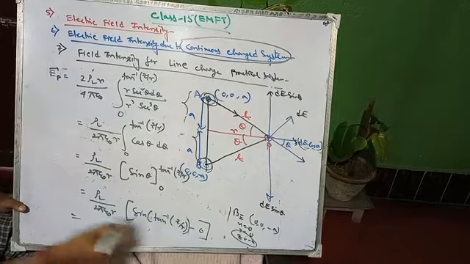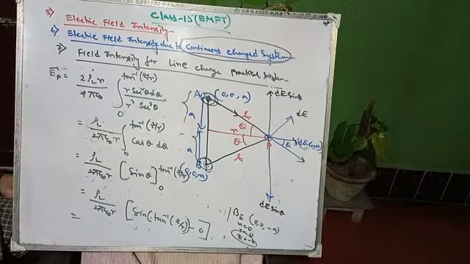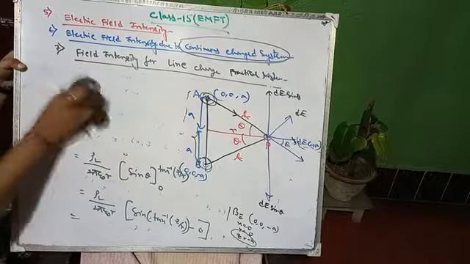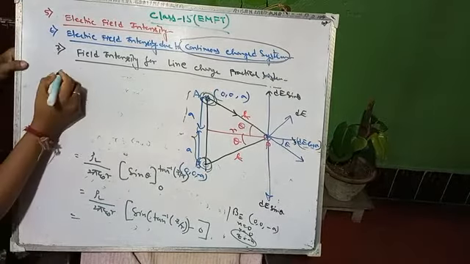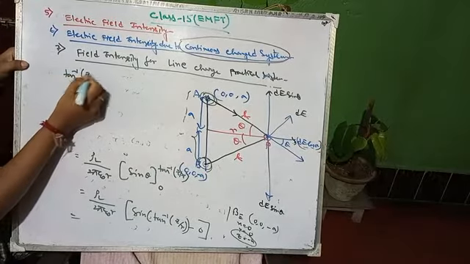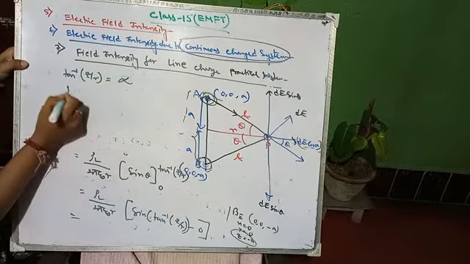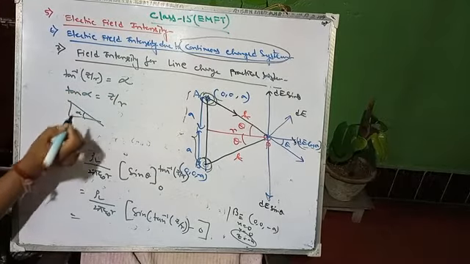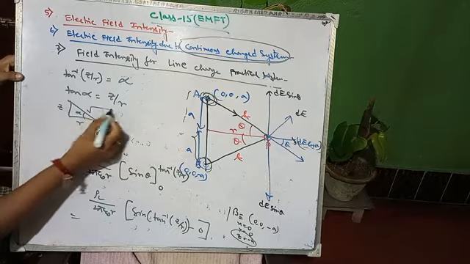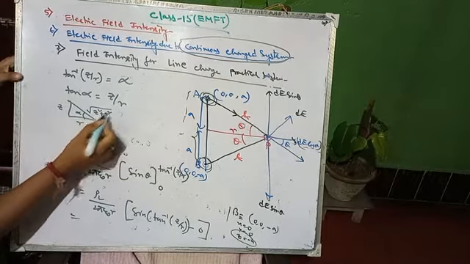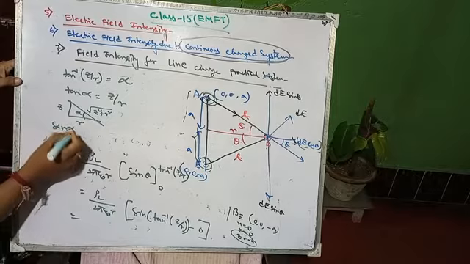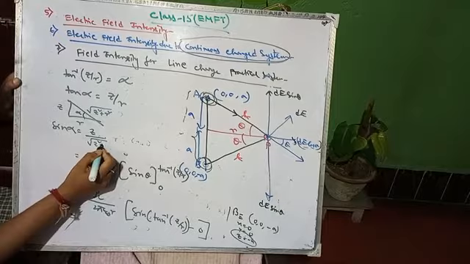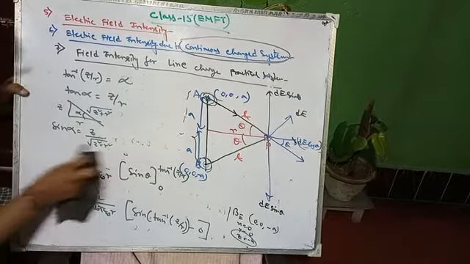Now you have to find the value of sine of tan inverse z by r. Simplify it by applying the inverse rule. What will be the inverse rule? Now assume tan inverse z by r equals alpha, so tan alpha equals z by r. If we draw a triangle with angle alpha, the opposite side is z, the adjacent side is r, and the hypotenuse will be the square root of z square plus r square. So sin alpha equals z by root over z square plus r square.